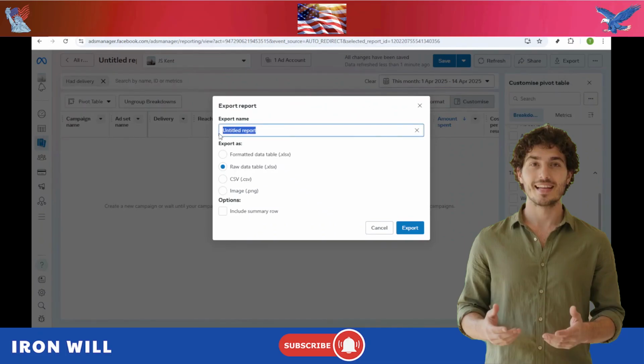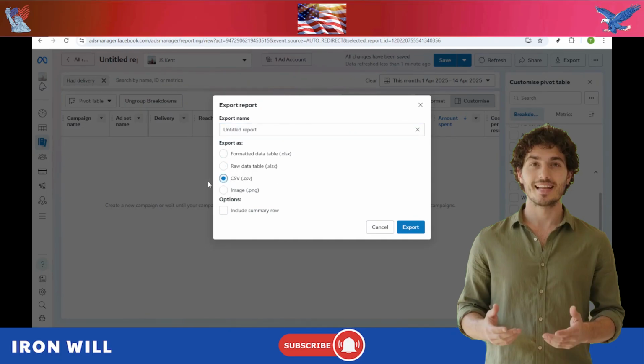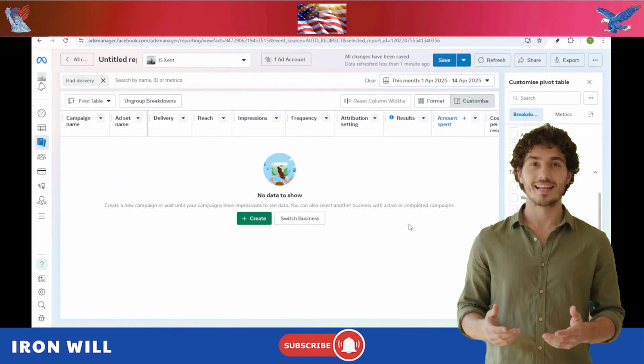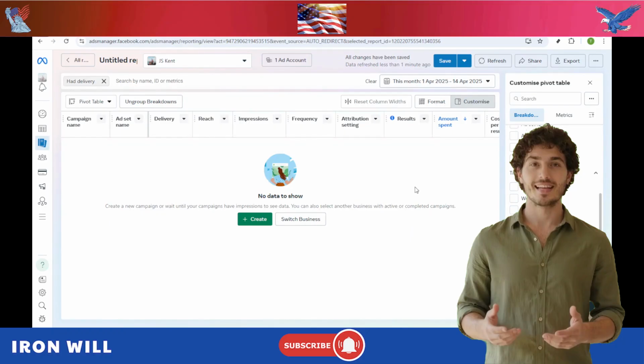XLSX is ideal for desktop Excel users, CSV is best for data editing, and PNG is perfect for visual sharing. Select your preferred type and click Export to finish the download. You have now successfully pulled a custom report from Meta Ads Manager, enabling you to make better data-driven decisions based on your ad performance. Having these reports at your disposal allows you to make informed decisions based on your ad performance,